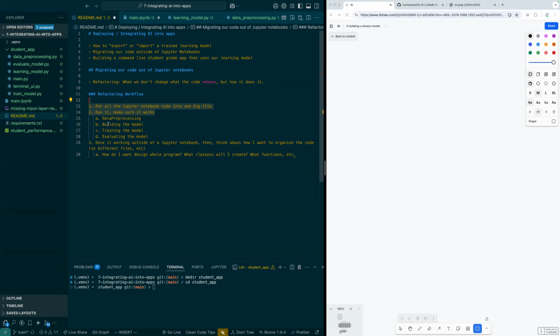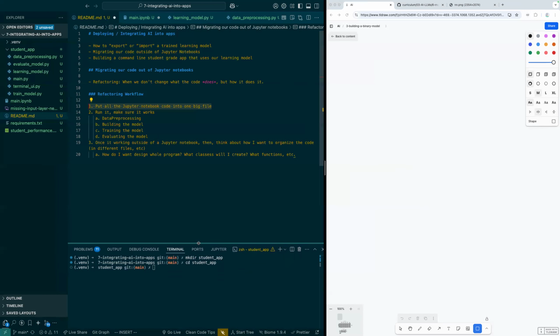Okay, cool. And we are going to do some program design today and talk about this stuff. But we're going to start by just putting all of the code into one big file. Because like I said, what I've learned from a decade of experience is that your code is in one